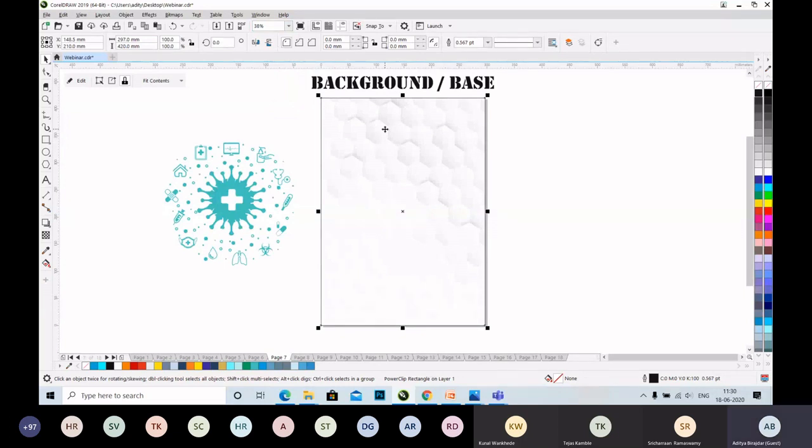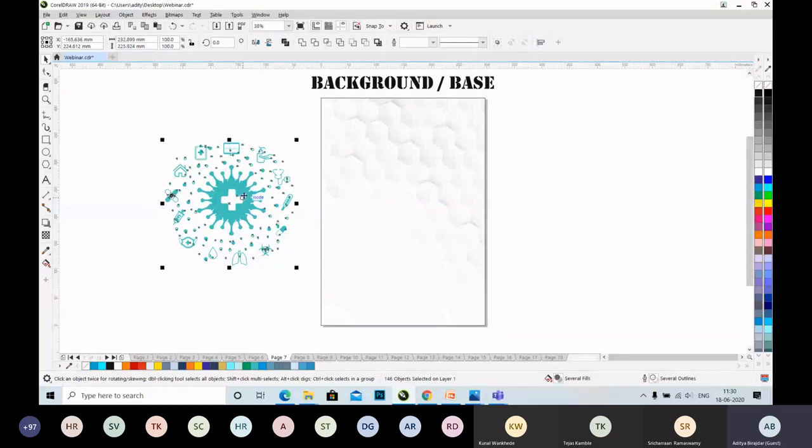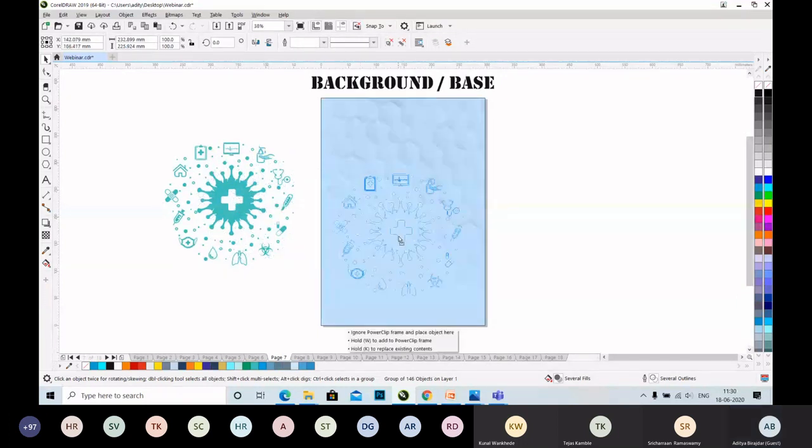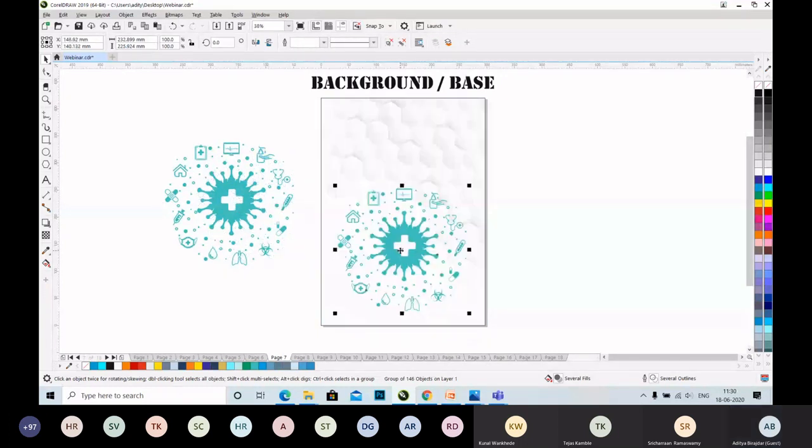But as I said before, it has to be elegant as well as creative at the same time. So I thought to use this as a background too. But as you can see here, this is being prominently seen and it is not looking like a background.